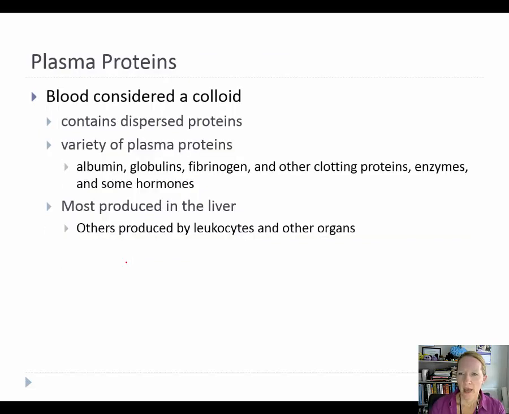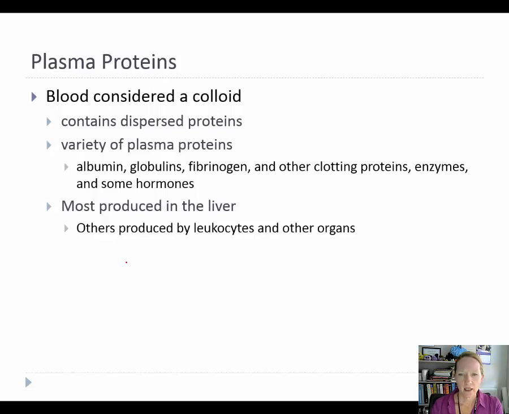So let's first talk about how blood is considered a colloid. It's a homogeneous mixture that large substances are floating in. And one thing that makes it a colloid is these large plasma proteins. There's albumins, there's globulins, there's fibrinogen, there's other clotting proteins as well. And pretty much all of them, except one we'll talk about later on, are produced by the